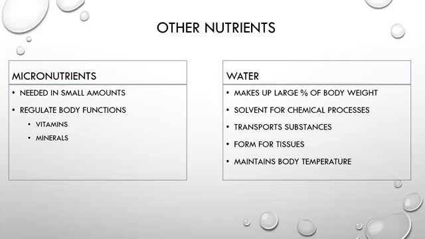Water makes up half of the total body weight in men and half to 55% in women. Men have greater muscle mass, and muscle contains a relatively large amount of water, so men can have up to 65% water in their body. Water is a basic solvent, which means it's a liquid that things are dissolved in. So it is the basic solvent of the body's chemical processes.